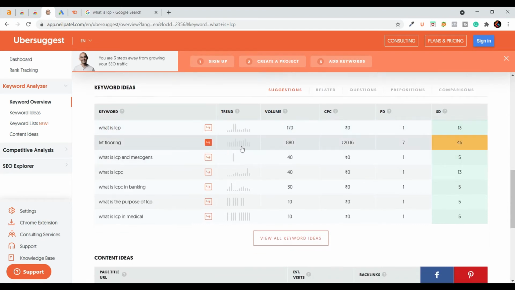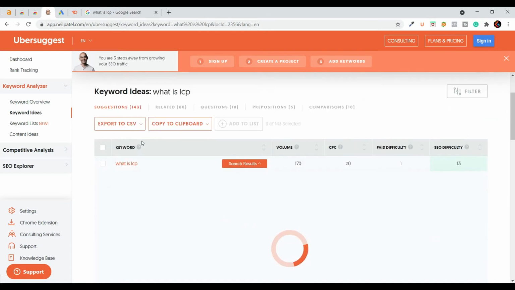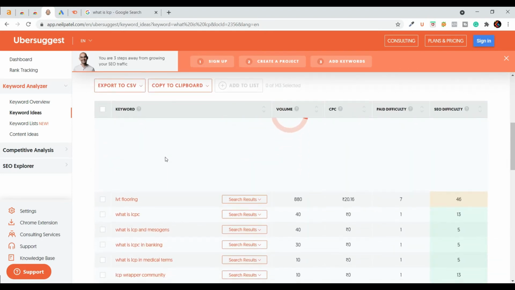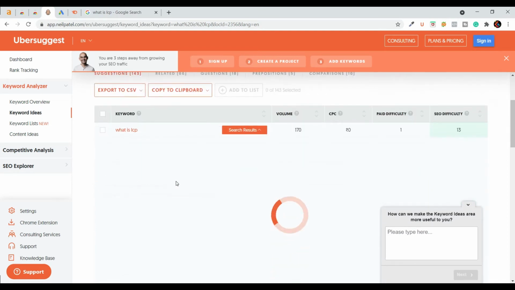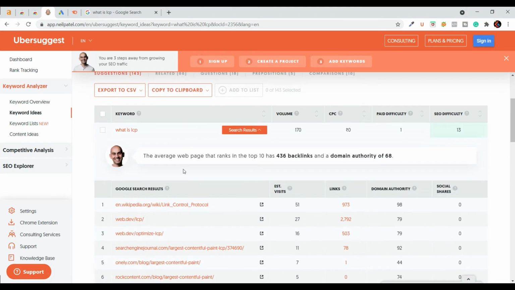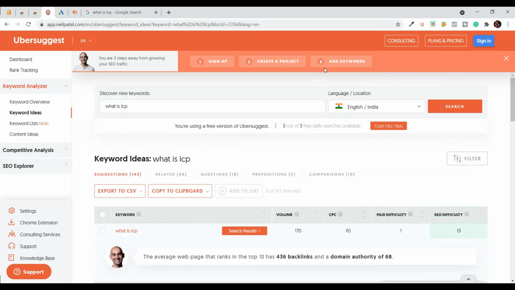Here you also get more information. If you click this, you can see which websites use this keyword. You can see this website uses this keyword. So first choose the keyword from the Ubersuggest Chrome extension, put it in the Ubersuggest official website and get all the details. This way you don't reach the limit of Ubersuggest keyword research.